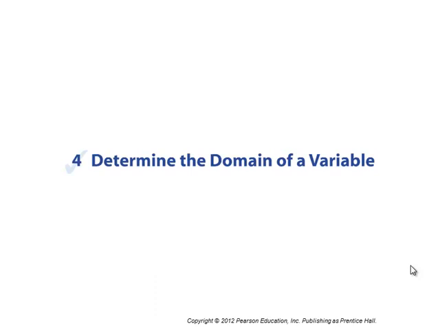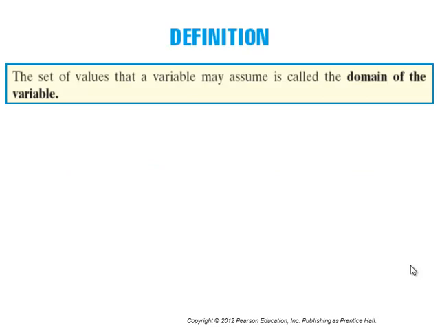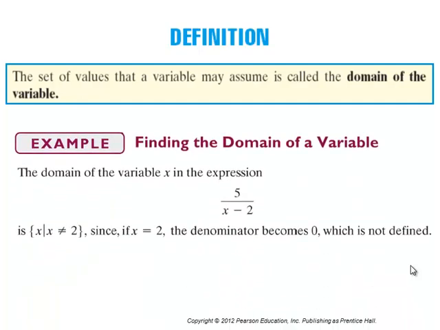All right, moving along here. Now, when we talk about the domain of a variable, what we mean is asking ourselves what range of values can we plug in for the variable or the variables if it's a multivariable. But we'll typically deal with just a single variable expression here when we talk about finding the domain of a variable expression. So suppose that we've got 5 over x minus 2. Well, what could we let x? X could be actually anything, except